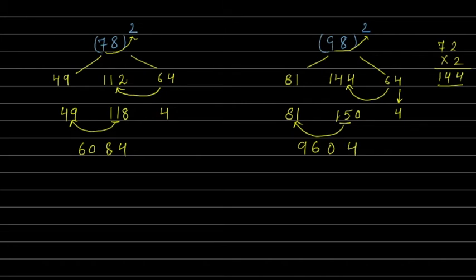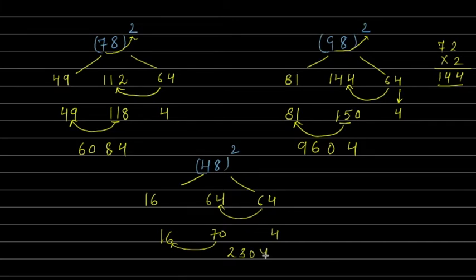Let's take one more example. If I take say 48 square. Again the same method, 4 fours are 16, 8 eights are 64, 4 eights are 32, 32 twos are 64. Now you have to add this 6 here. How much you will get? 64 plus 6 will give you 70. Copy this 4 as it is. Now take this 7 here. 16 plus 7 will be 23, so 2304. This will be the square of 48.